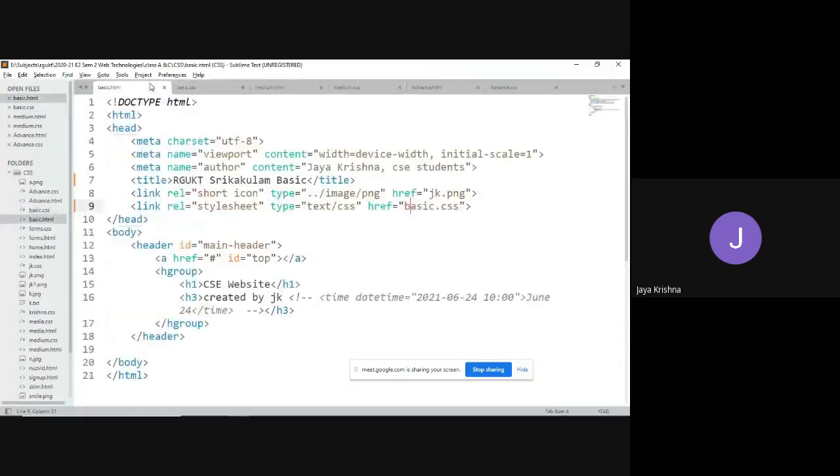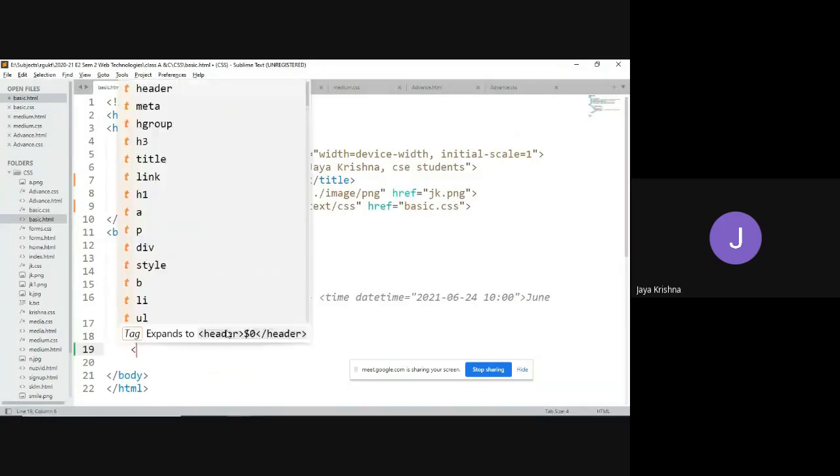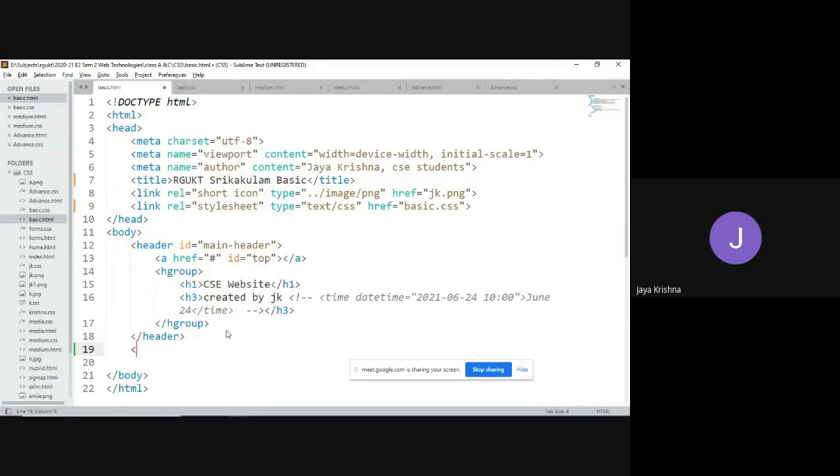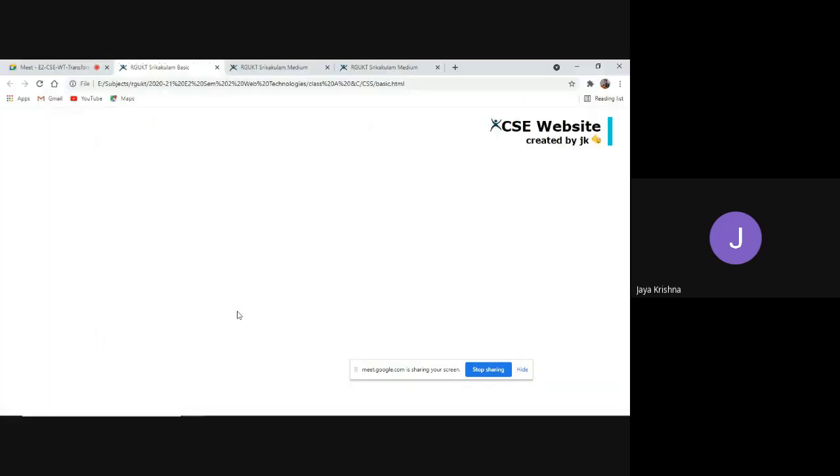What I'm going to do is create one division. I'm going to give the class name as container, the general name, and I'm going to provide the data inside the division: computer science and engineering. Go for execution. We got this kind of structure.